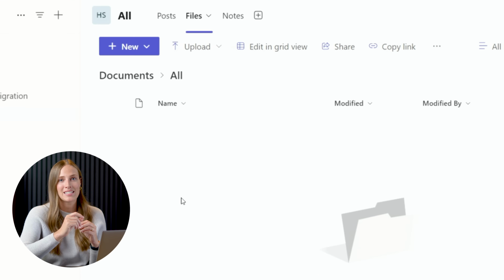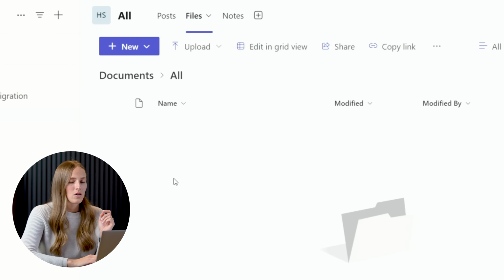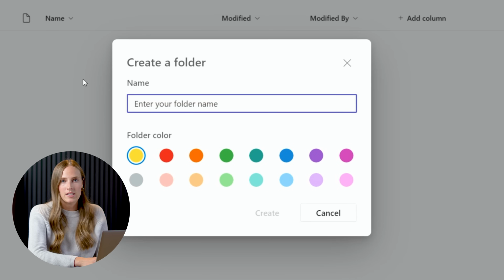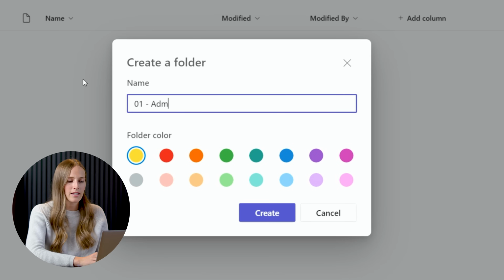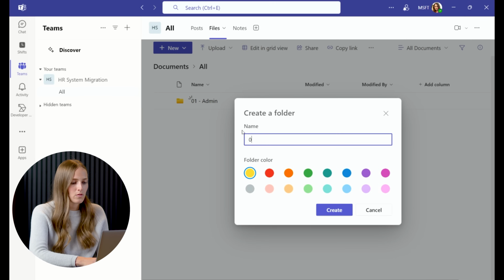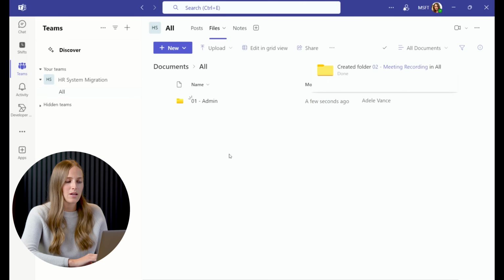And so that makes it really easy to collaborate and know what document everyone's talking about. One pro tip that I do here is I usually create some structure of folders before I get started with my team. So I usually create an admin folder, and then I create a meeting recordings folder, and you'll see that I name all of my folders with like 01, 02, so that I keep things in the same